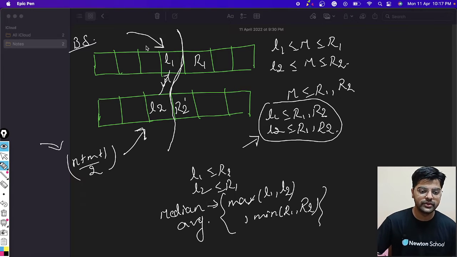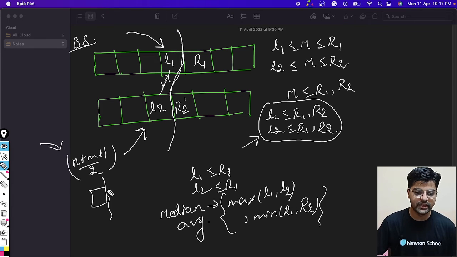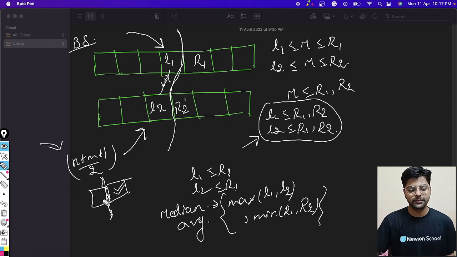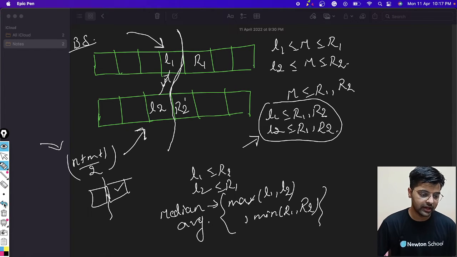If we had exactly divided, then from L1 and L2 one of the elements must be greater, so in the merged array that will come to the rightmost part of the left divided array from the median, and the minimum element from R1 and R2 will come from the right side of this boundary in the merged array. Then the median will become the average of these two, right? But in the odd case, as I had discussed, I told that I will discuss the odd case later.